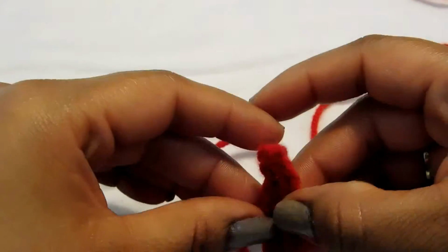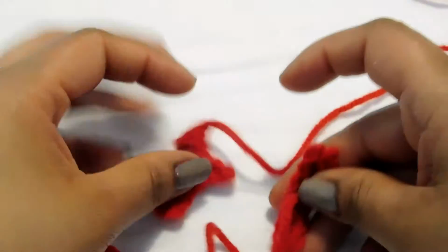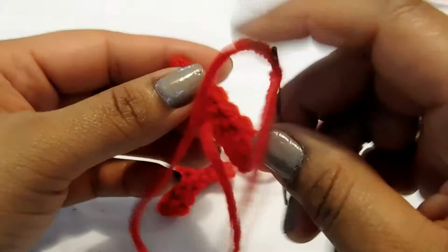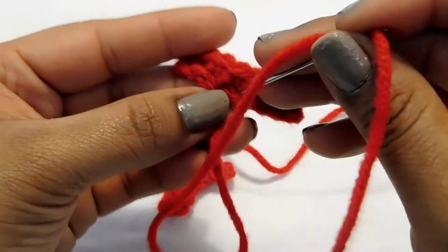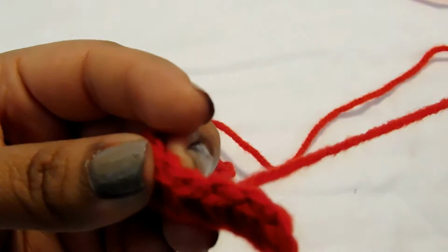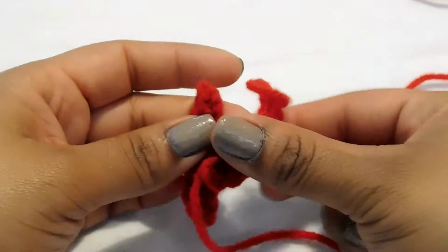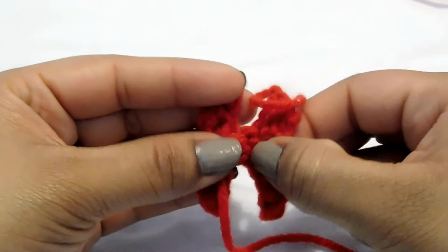And what I'm going to want is I'm just going to want to connect these. And I think if you want it to look a little bit neater, I'm going to want to do it from the back because I don't want you to be able to tell in the front. So I'm just going to put this back through here. And I'm going to want to turn this around and turn this one around. And I'm going to want to connect it kind of like